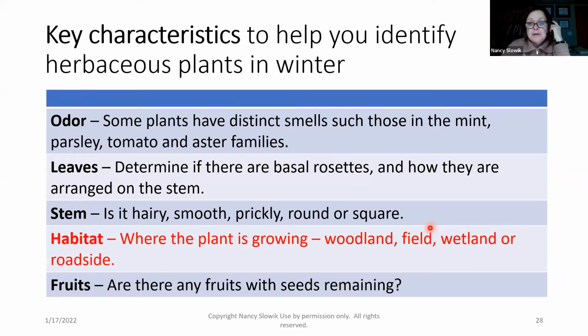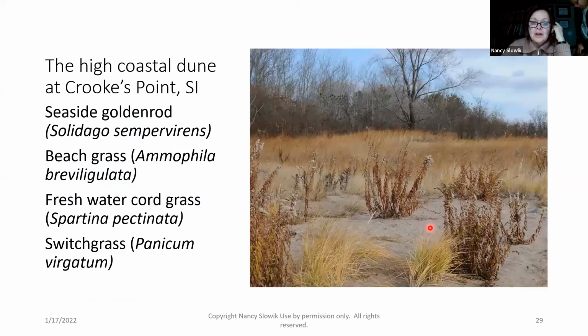Habitat. I'm a big believer in looking at where you're looking at the plant, what's the address. Is it growing in a woodland, a field, a wetland, a roadside? One of the places that I always went to in the winter was a high coastal dune on Staten Island at Crooks Point. And if you know the address, you almost know what